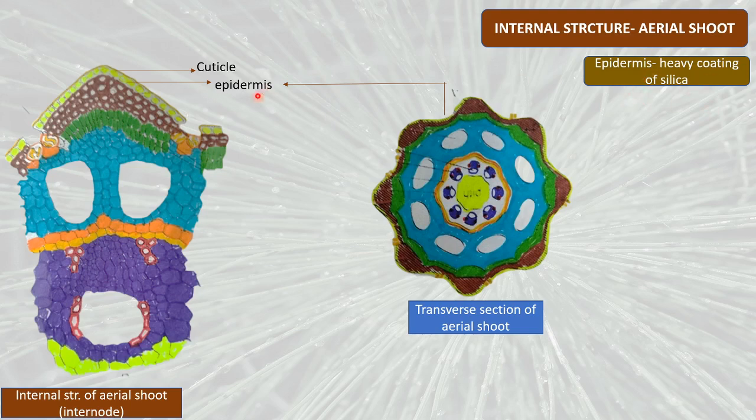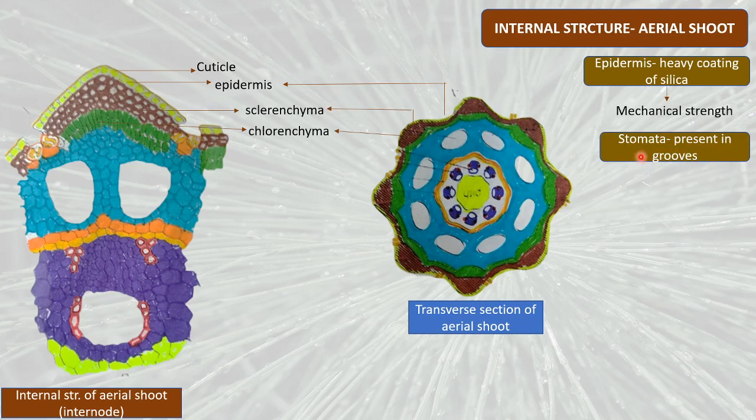Now this epidermis is interrupted by very small structures that we call stomata, right? So stomata are present in the grooves. As I told, there are grooves and ridges. So this ray structure is ridges, and the structure with depression is grooves. So stomata are present in grooves and not in ridges, right? We are going to understand this structure of stomata in more detail in the next slide.